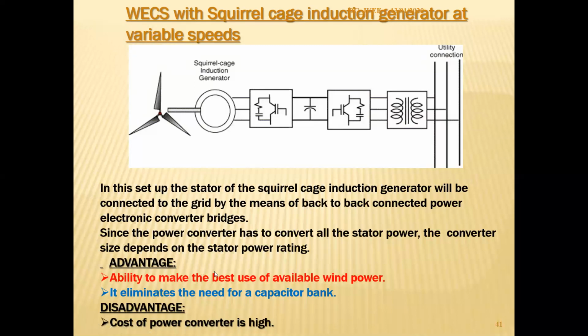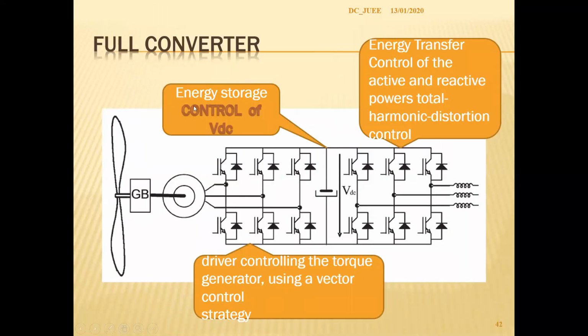So this is the construction of the, say, back-to-back converters. This is the generator side, this is the grid side, and this is the DC link, and ultimately there will be drivers and all. So this you know, right? Now this is a full converter, means actually a back-to-back converter diagram. Now variable speed induction